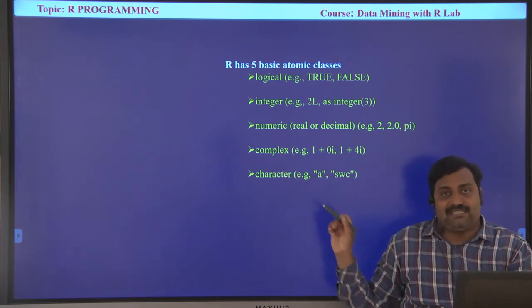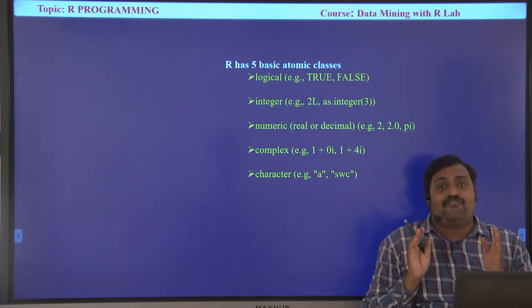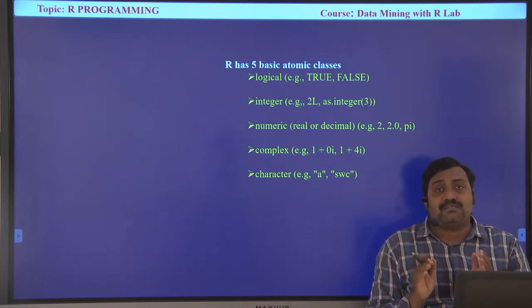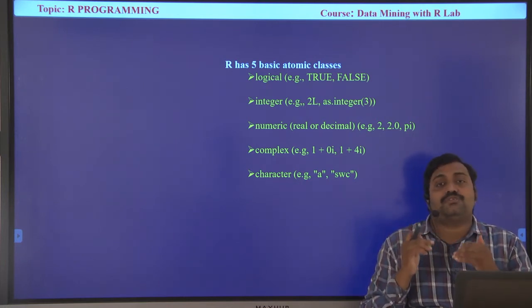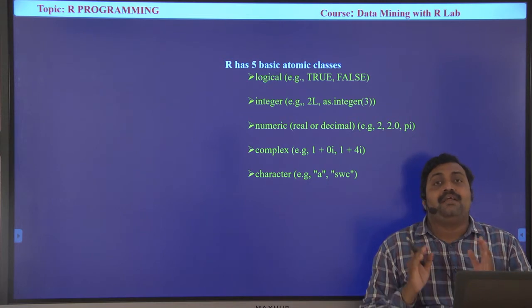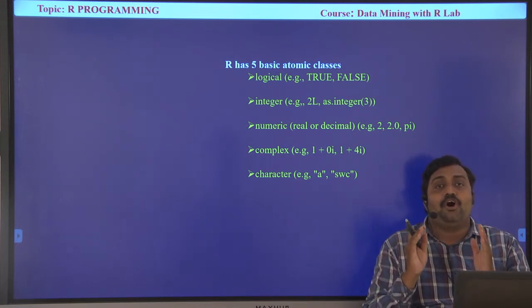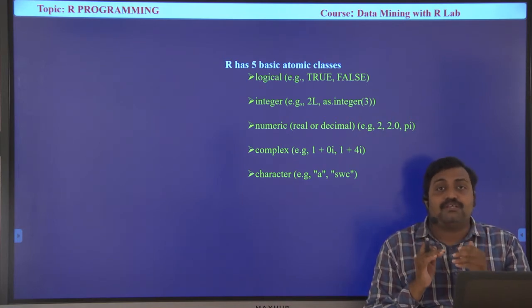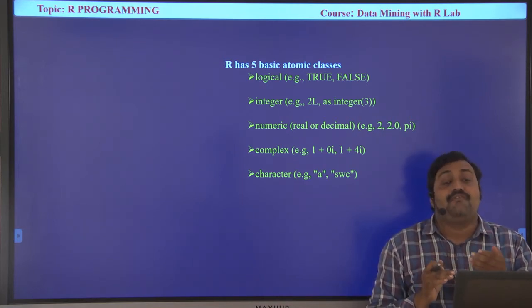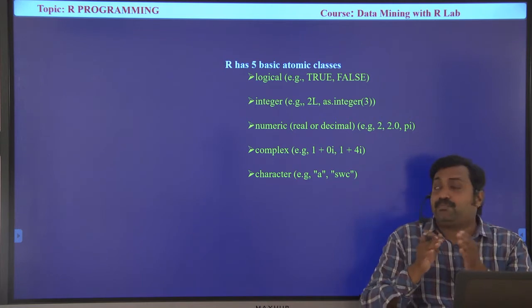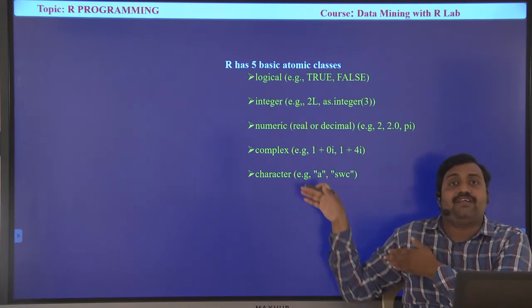And finally characters. These are the 5 basic data types. Like other languages, R also supports these data types. But mainly R handles objects. It can store any type at any moment. Whenever we need a specific type, then we use these kinds of data types.